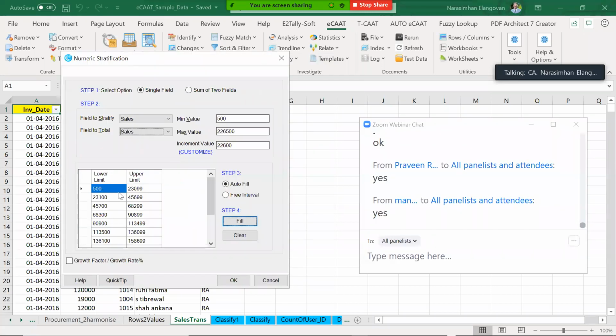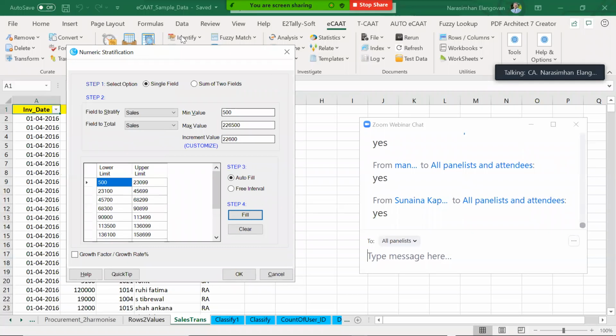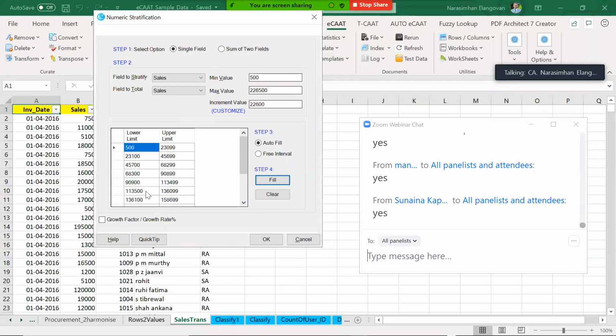It took a minute or two, but in a click of a button, it created what is called groups. So remember way back in statistics, we spoke about a concept called class interval. This is a classical example of a class interval. Correct? I've created multiple class intervals of this data, and now what it will do is it will take this entire data and put it into multiple class intervals. Are you seeing this?